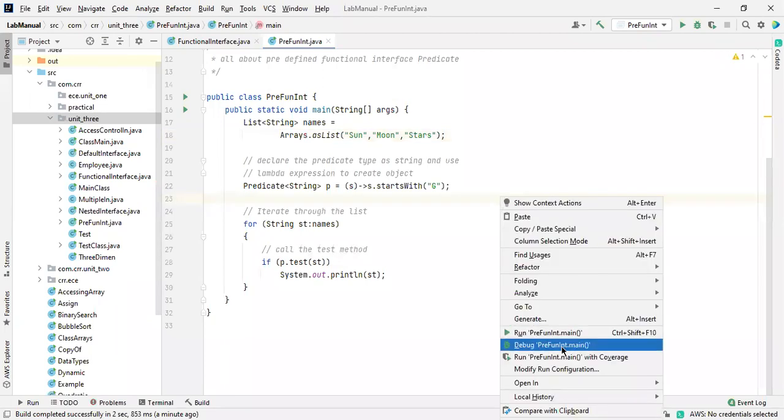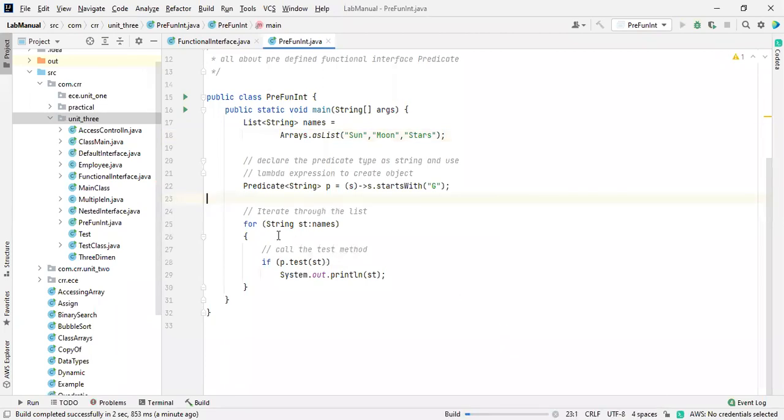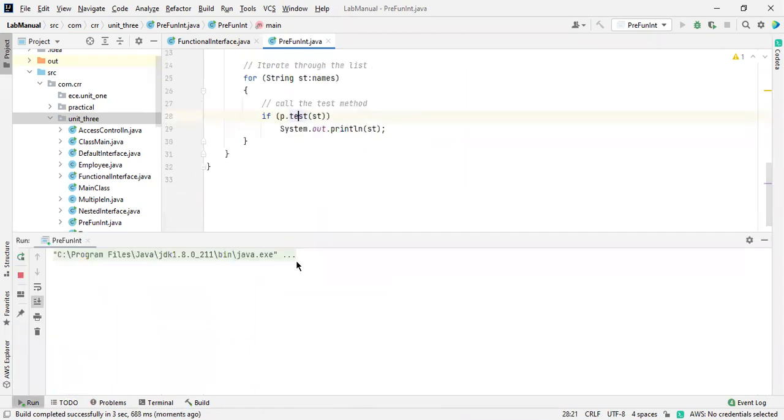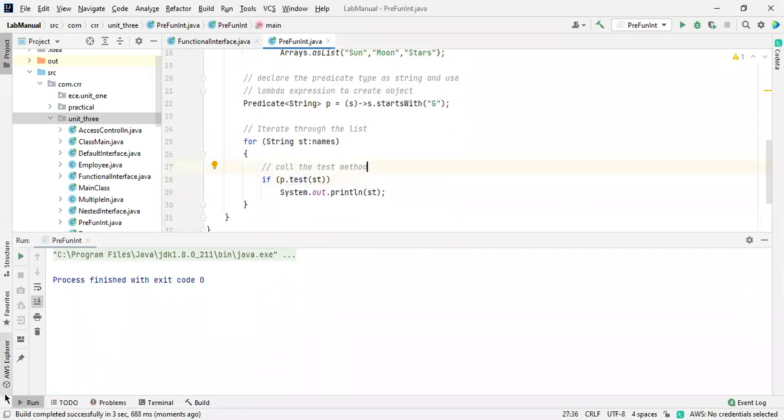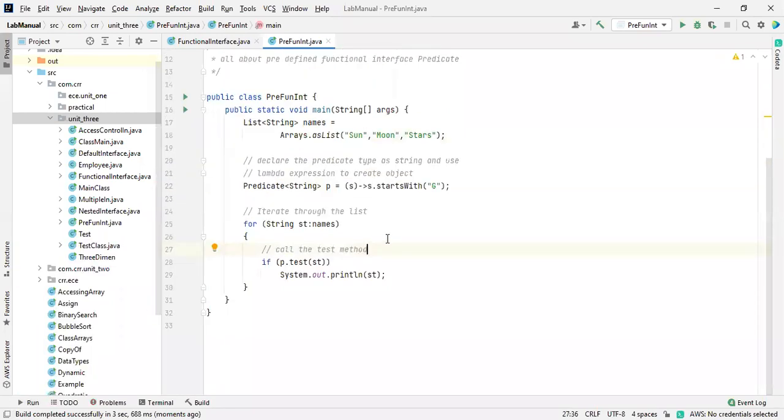Okay, this one will run right now. That doesn't matter. You just have to use a functional interface. That's the main thing. Again, it is not showing. It's okay, just quit this one. Tomorrow I will explain this later. The main concept of the functional interface is that it contains a predefined predicate, which has only one abstract method, which we call test. It returns true or false. This is the main concept of the predicate. Tomorrow I will run this program for sure, because without running this, how could we do this? We won't go for the other program.